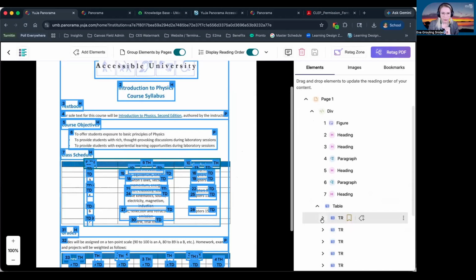For instance, a common thing is some tables may not have the header cells. The very first row is your table header typically. In some tables, you might also have a table column. So your very first column might need to be a table header. And those may not always be correctly interpreted.